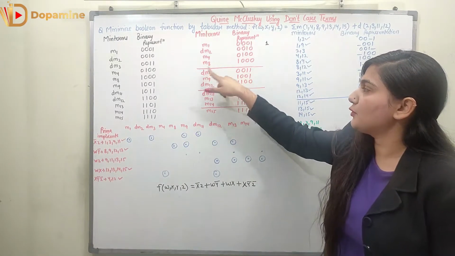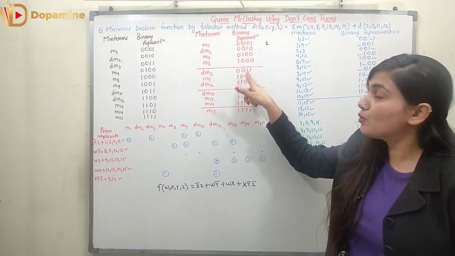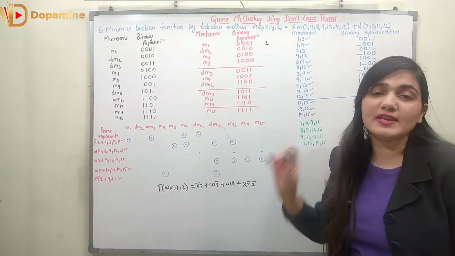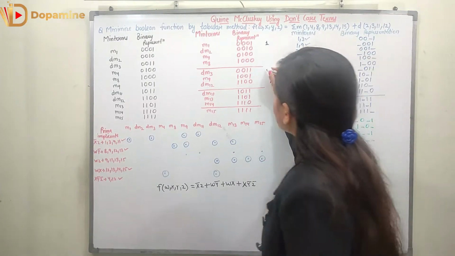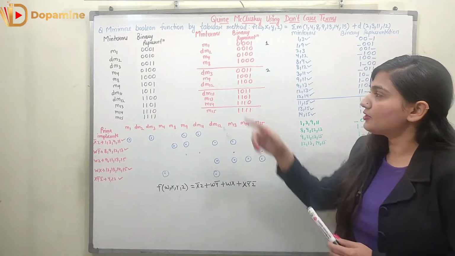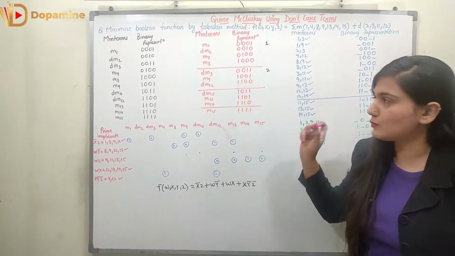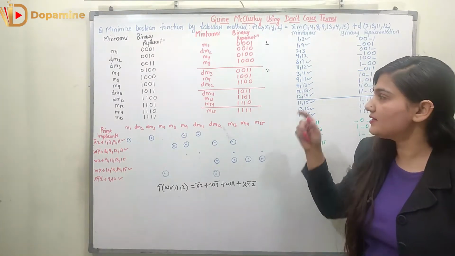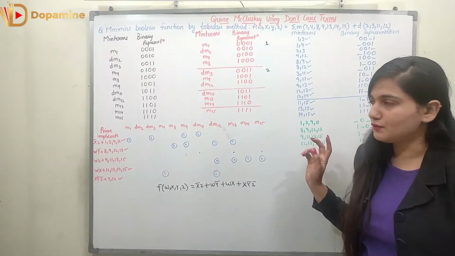Then we have the don't care term 3. Here you can see 2 ones, right? So apart from these 4, we are not having any min term which has only 1 one. Now we are moving to group 2, which has 2 ones. The don't care term 3, represented as 0011, has 2 ones. Then min term 9, which is 1001, has 2 ones. Then the don't care term 12, which is 1100, has 2 ones.